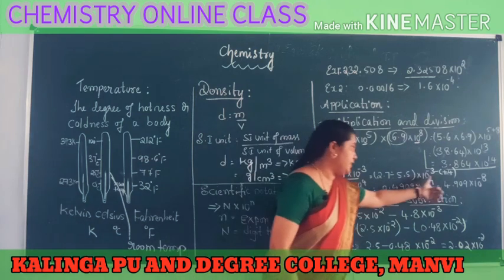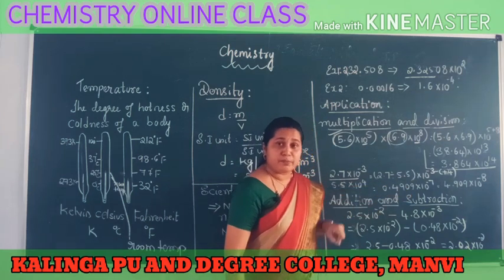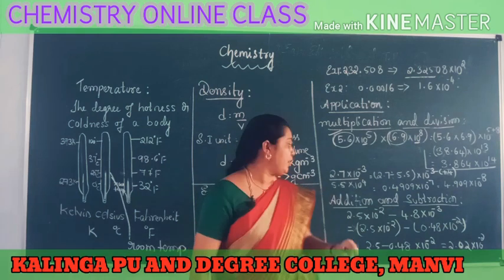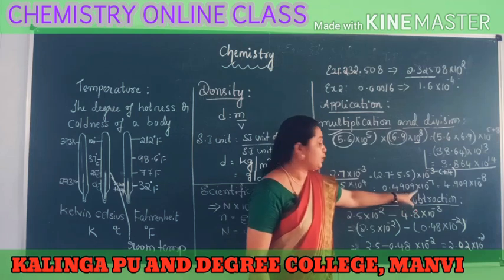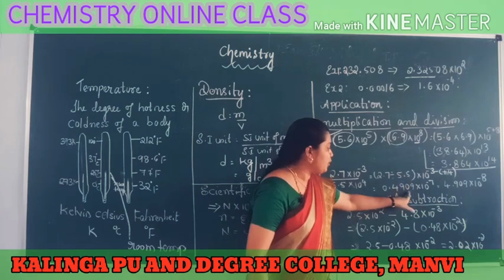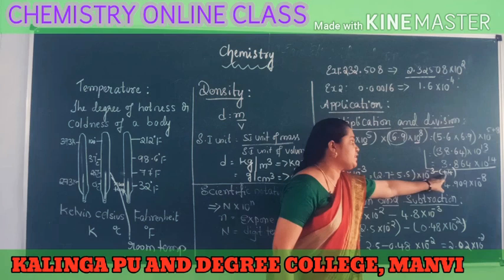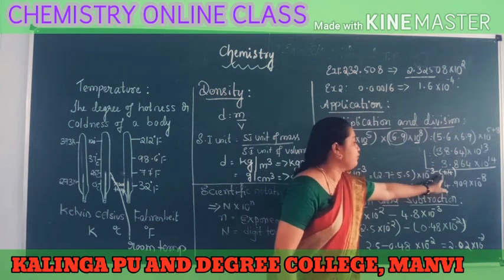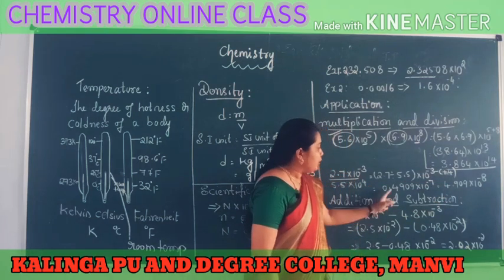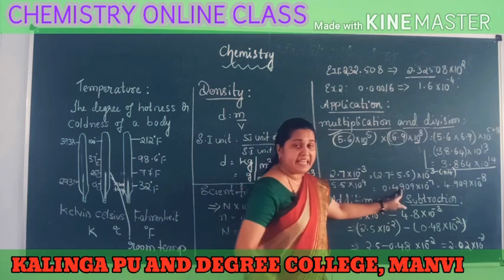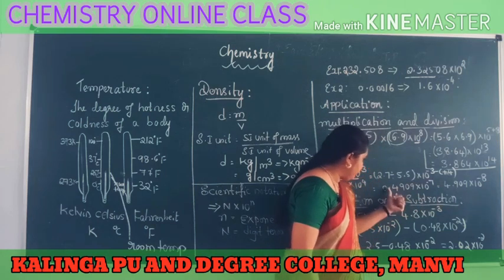Now we will shift the decimal to the right hand side. It can be written as 4.909, we shifted after one number. So 4.909 into 10 power minus 7. When we shift the decimal to the right side, we have to take the 10 power as negative. After one number we shifted, so 10 power minus 1. 10 power minus 7 into 10 power minus 1 can be written as 10 power minus 7 minus 1, which becomes minus 8. Bases are equal, exponents are added. That's why it is written as 4.909 into 10 power minus 8.